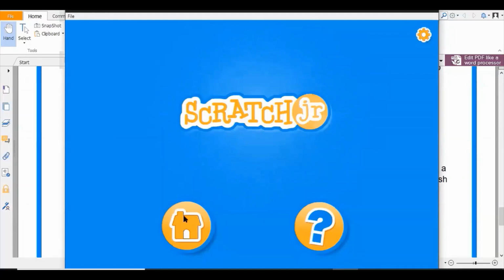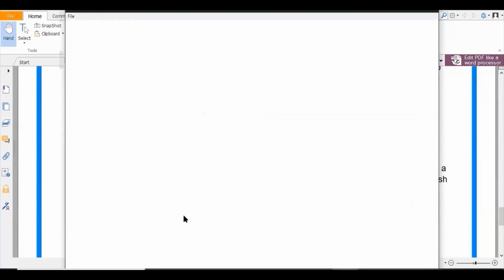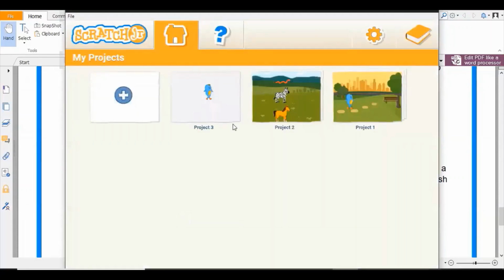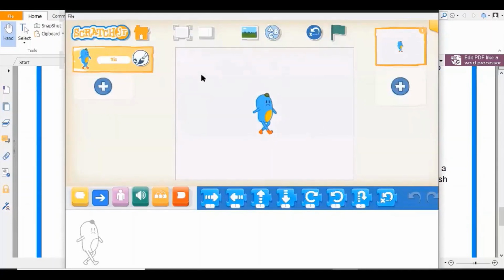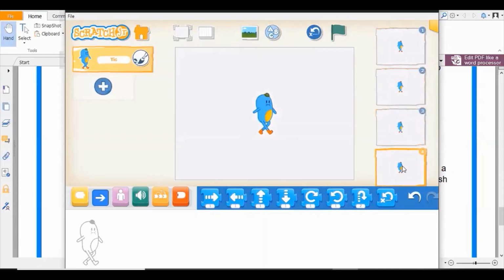I'll click on the home button. Whatever we learned, home button, you can see these are the saved projects. If I click on this plus, I will make a new project. So I want to create a project. I click on the plus button. So I get this window. Since I have only one character, I can see here only one character, one page only. I can click on this to add more pages. See, if I click here, you can see I have more pages. Like this, I can have 4 pages only.